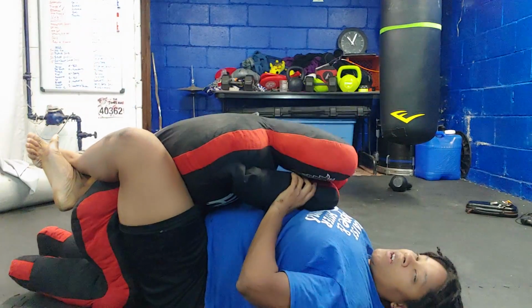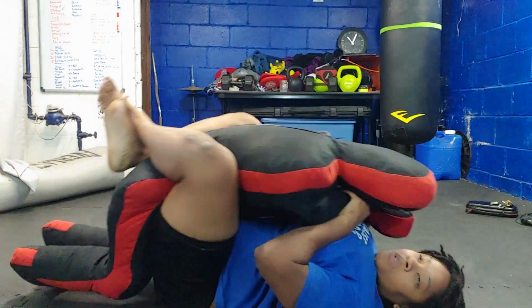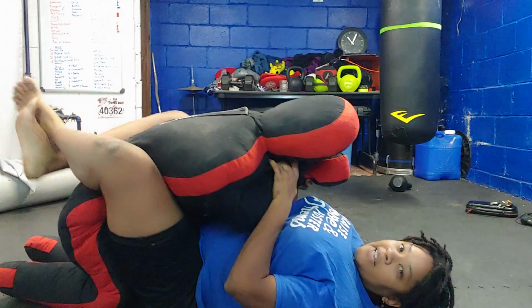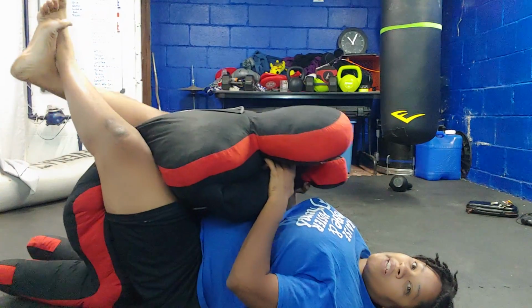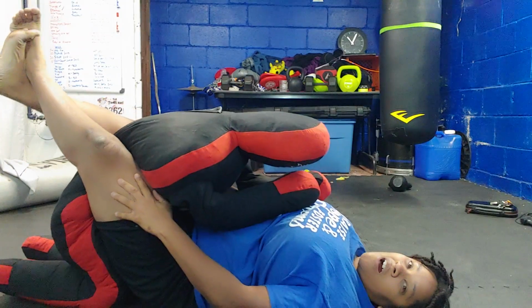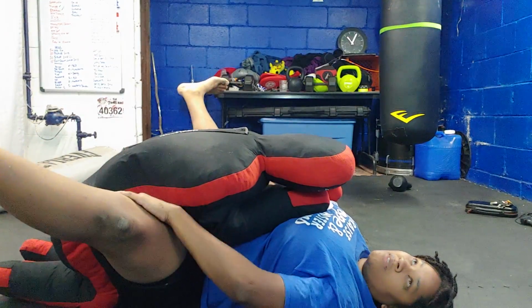I can wrap my legs around here and I can kind of control him. I can pull him closer to me. I can kind of push him back. I can squeeze really tight. And when you're squeezing, don't think knees in, think straighten. As you straighten your legs out, your quads going straight are stronger, most likely, than these